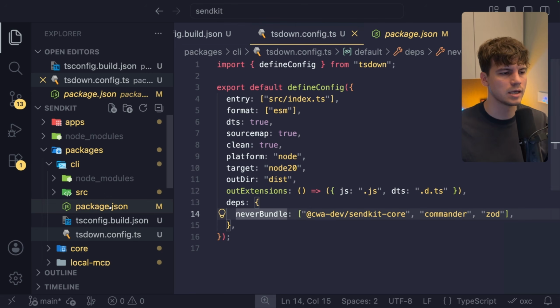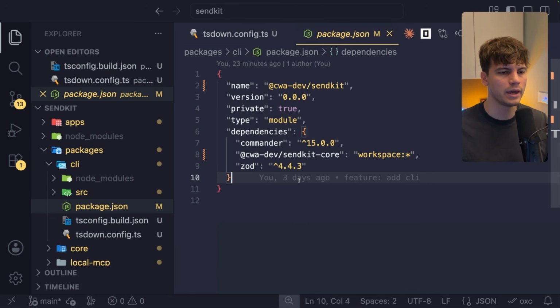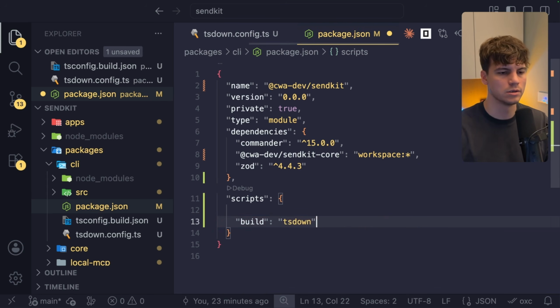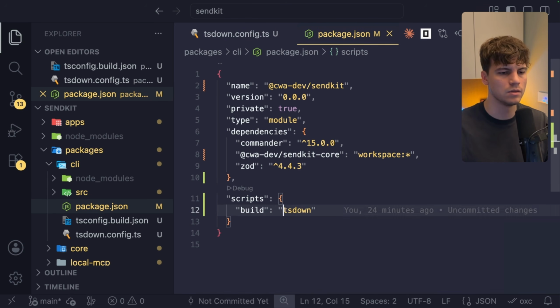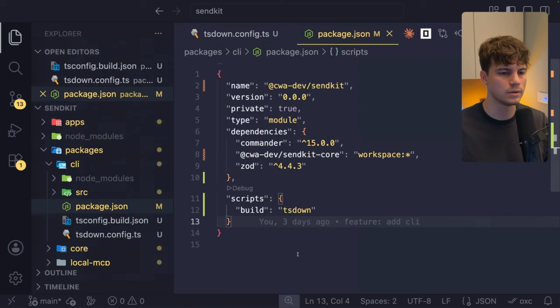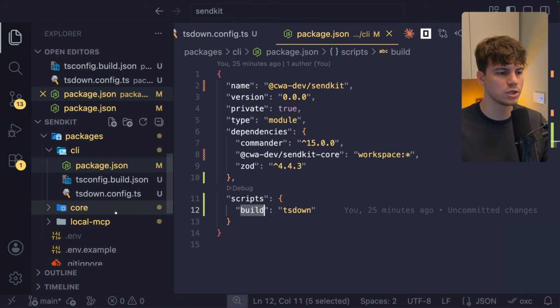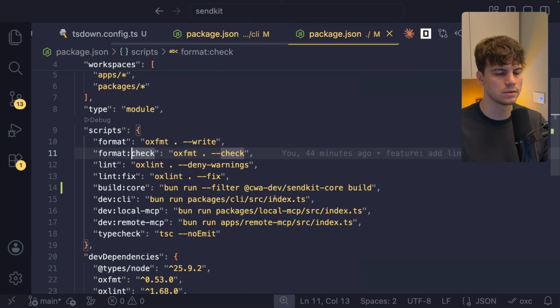And now let's go inside of the package JSON of the CLI package. Let's go ahead and add scripts, and let's register the build script, which very simply invokes the tsdown. And now that we've registered the build script to the CLI package JSON, let's go to the root package JSON and let's